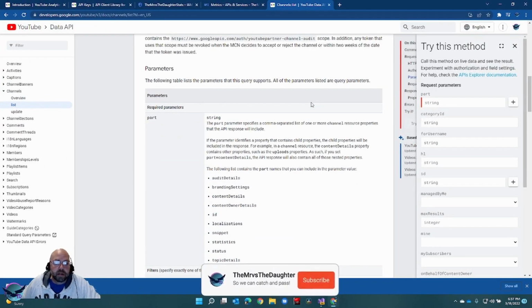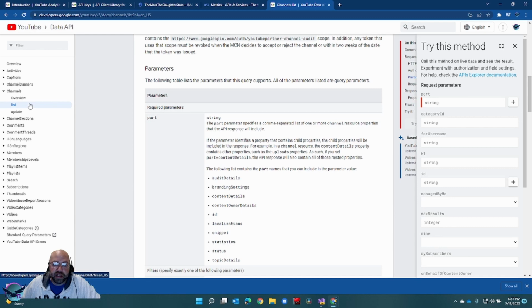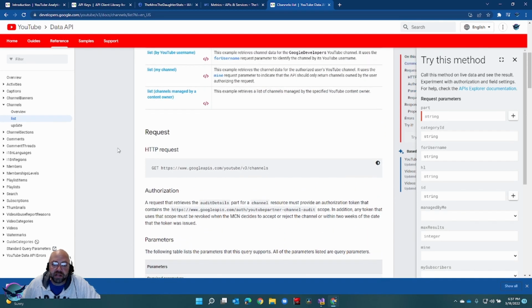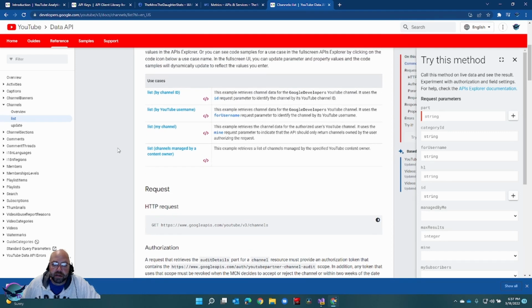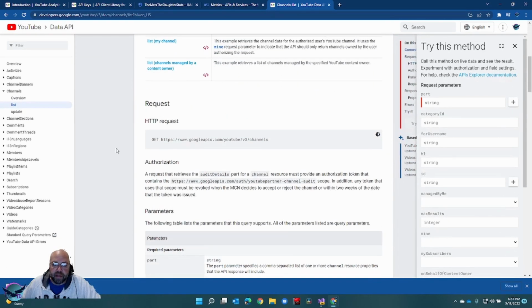Okay. So we're back here under channels and looking at lists. And then we know that the part we want is under statistics. So if we look here, it shows this is the HTTP request that we're going to need to make. So we're going to copy this,